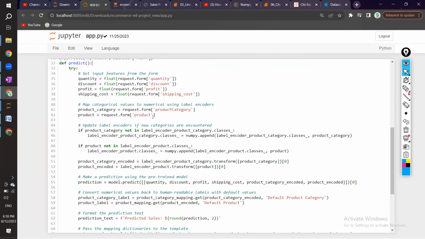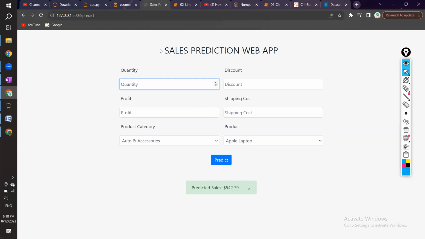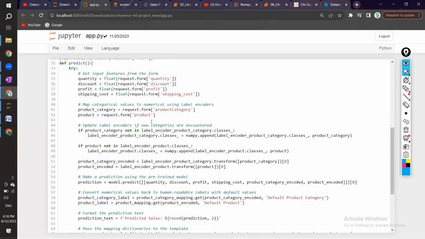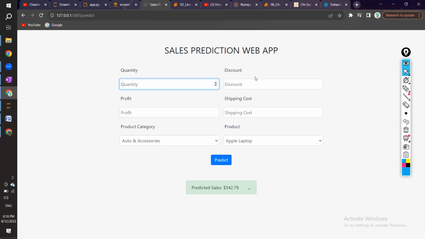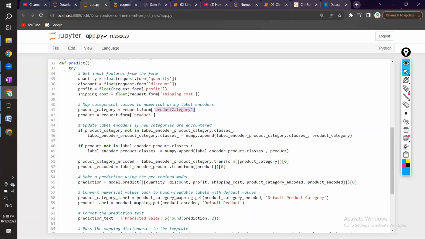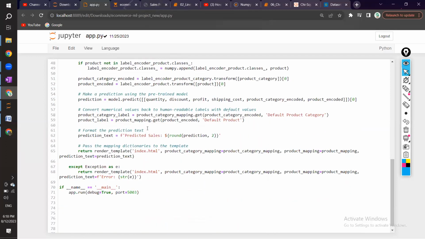Whatever values you put in here will be in the form of input. It will take float request.form quantity, discount, shipping cost. Whatever you put here, quantity, discount, profit, shipping cost, will be considered from there. And product category, which we need to map again. This is what we have done. And finally,